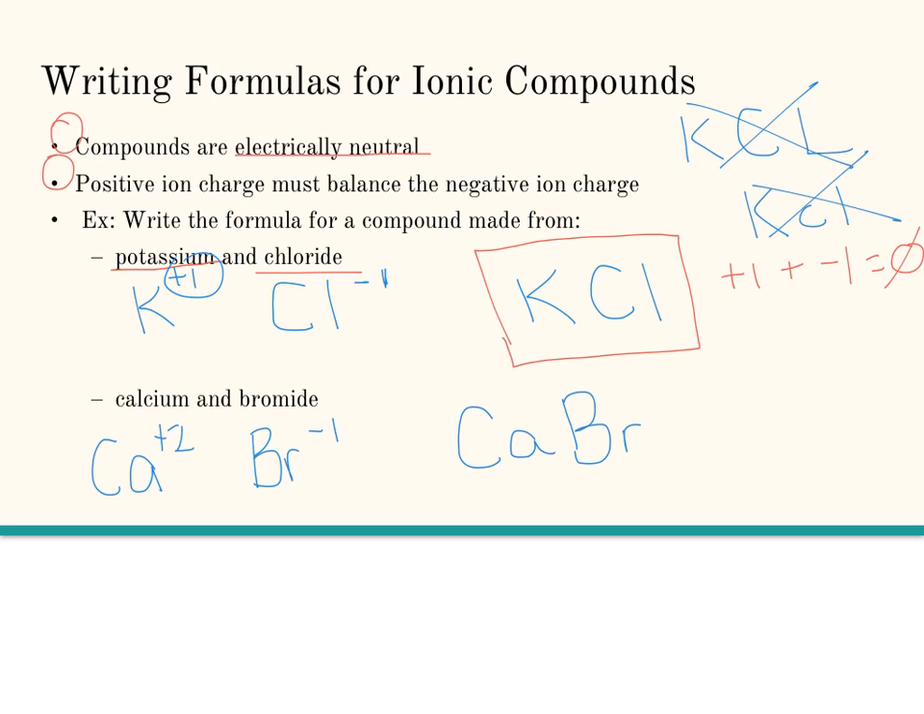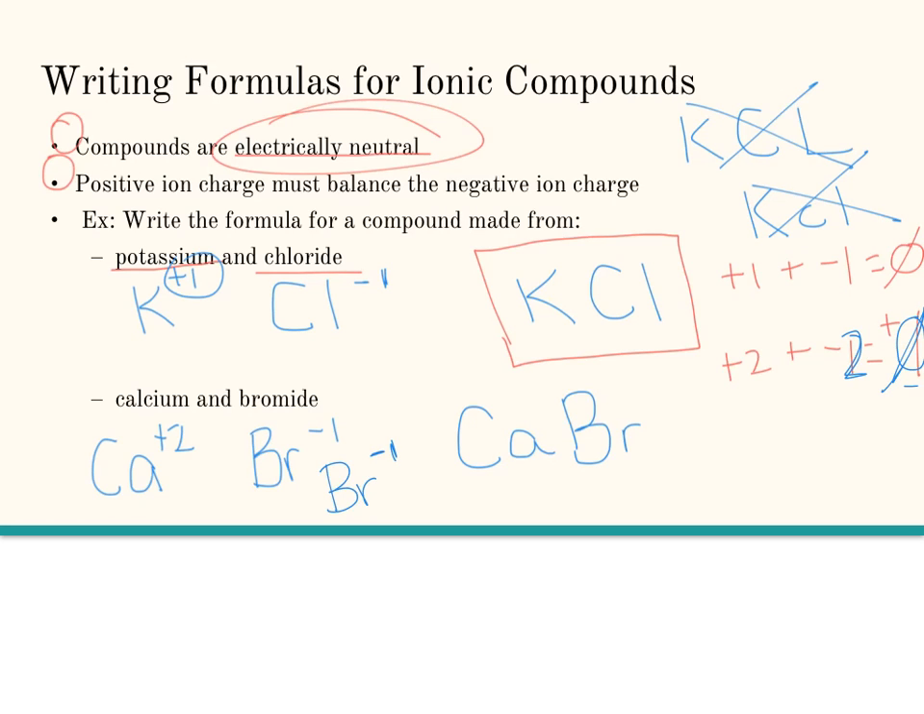Now, if I were to just keep this chemical formula as is, one calcium ion with a plus 2 charge added to one bromine with a negative 1 charge is going to give me an overall charge of plus 1. Okay, and we can't have that because we need our compound to be electrically neutral. So the way that I'm going to combat this overall charge of plus 1 is adding another bromine. So by having 2 bromines, now the overall negative charge is negative 2,